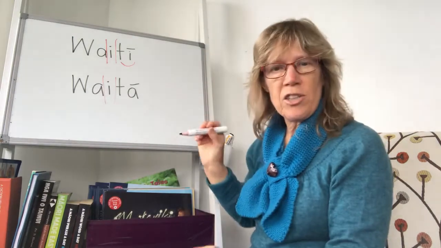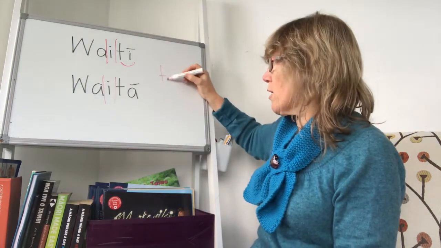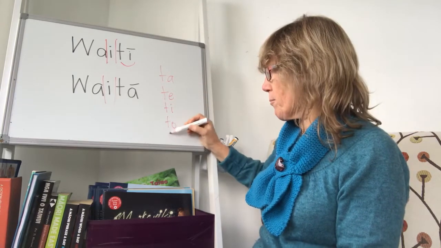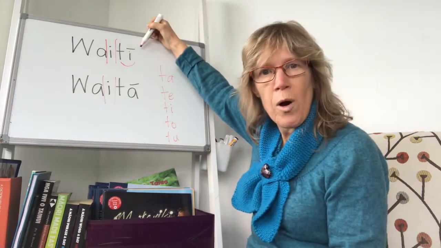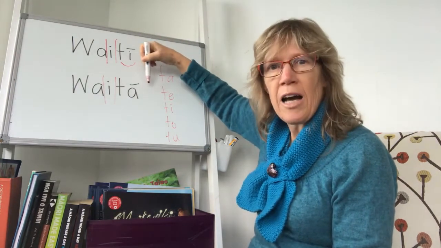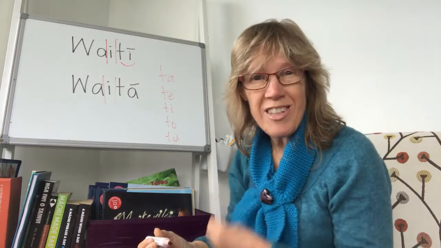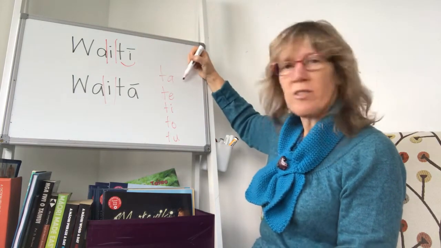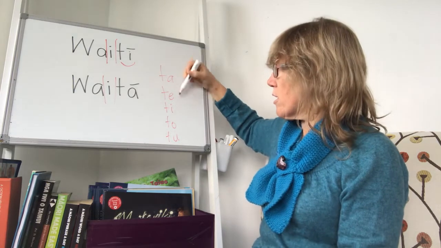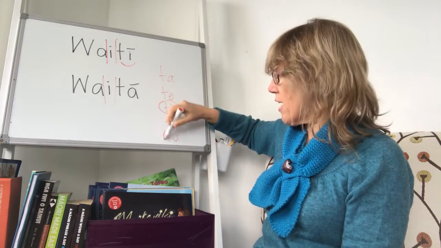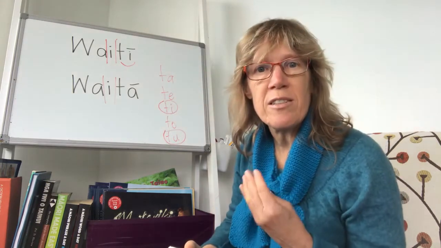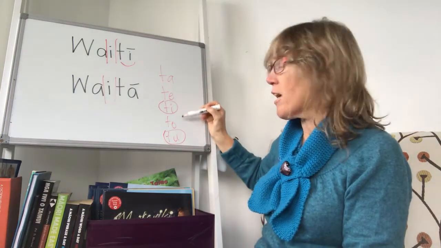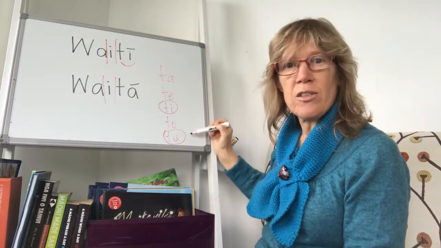So the pronunciation, I just want to do this a little bit as well. If you can hear the difference with what I'm saying, Tī and Tā. You can hear the difference with those T's, Tī and Tā. And that's because in Te Reo Māori, the T before i and u has the T sound, but the others don't. They have a flat sound. Ta, te, to, and ti, tu.